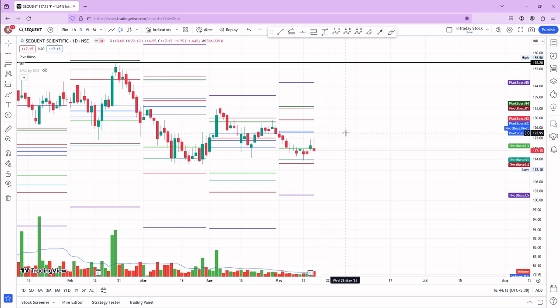Otherwise, you need to wait for at least a close above the CPR for any long position. This is based on pivots. Now let me go back to